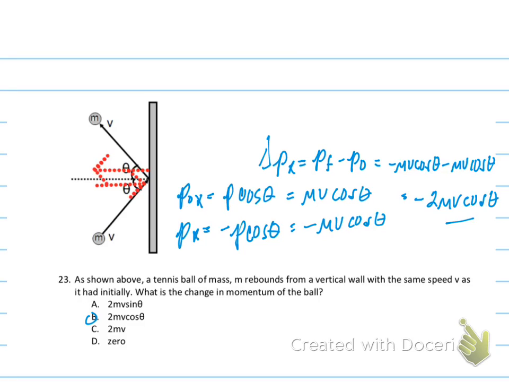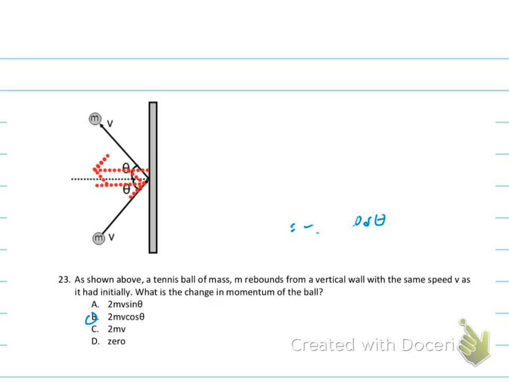Now, if we look at this, we just talked about momentum in the x direction. We can also look at the change of momentum in the y direction. So let's take a look at that. So in the y direction, initially, we'll go straight like that, and its final would be like that. So its initial momentum in the y direction equals mv sine theta,